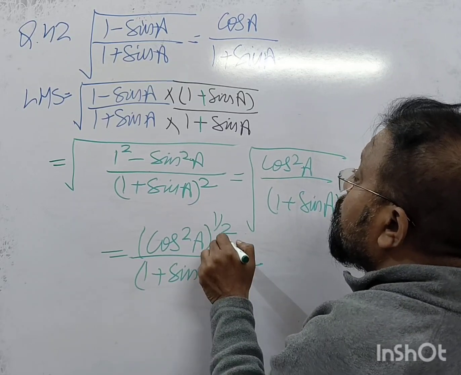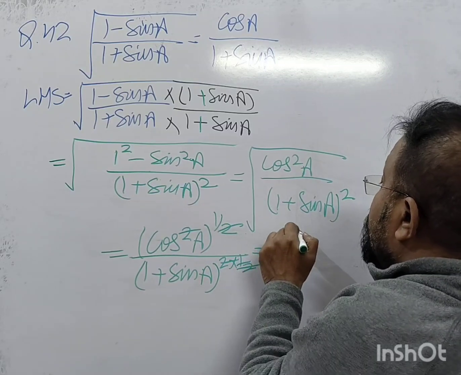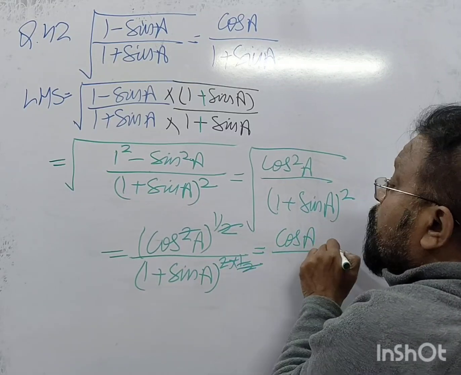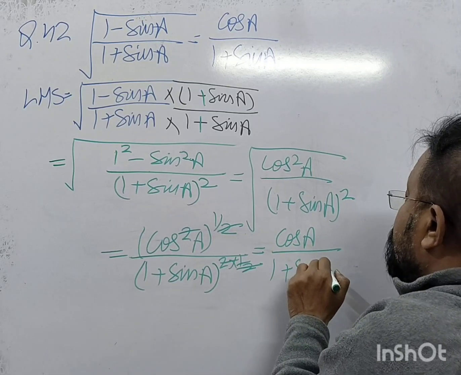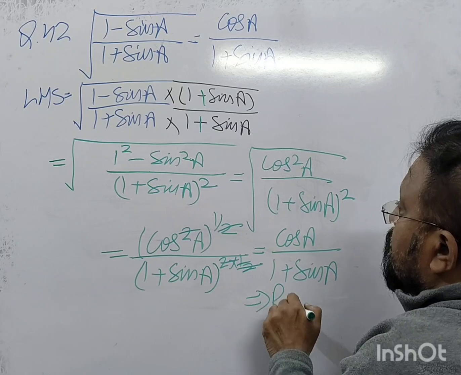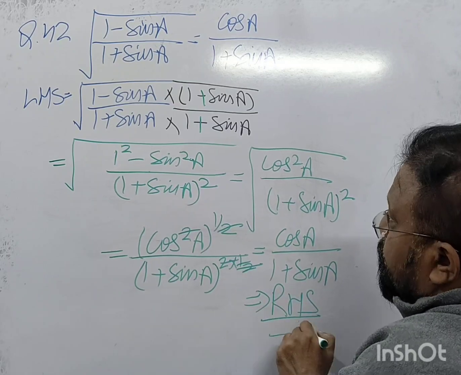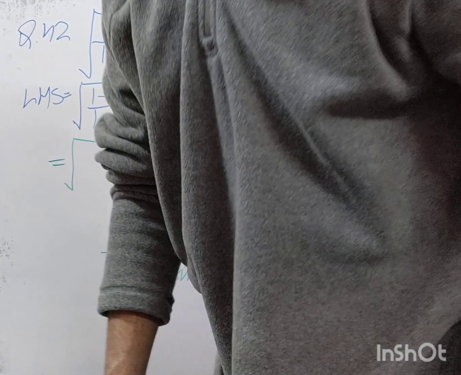So this 2 and 2 cancel, this 2 and 2 is cancelled. So you get cos A upon 1 plus sine A. That is equal to RHS. Right? So this you have to do. By this method you can only remove